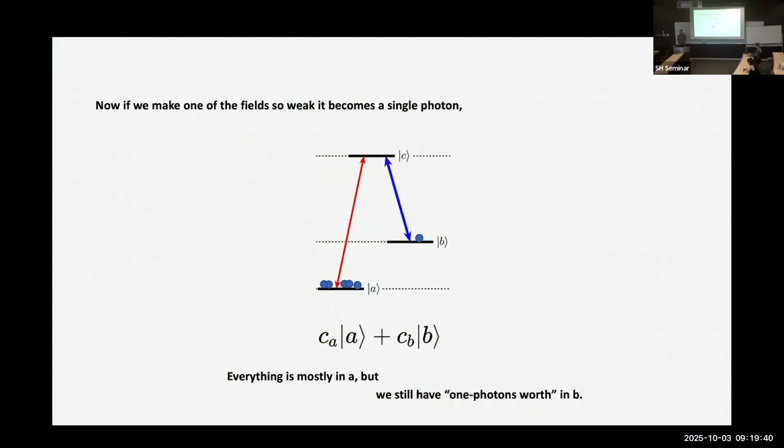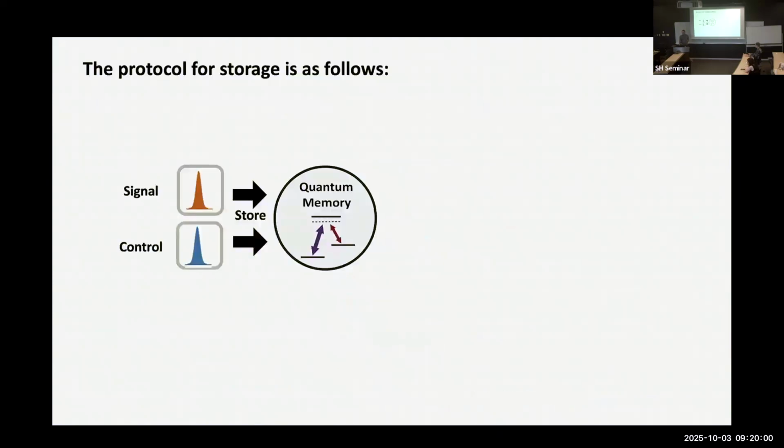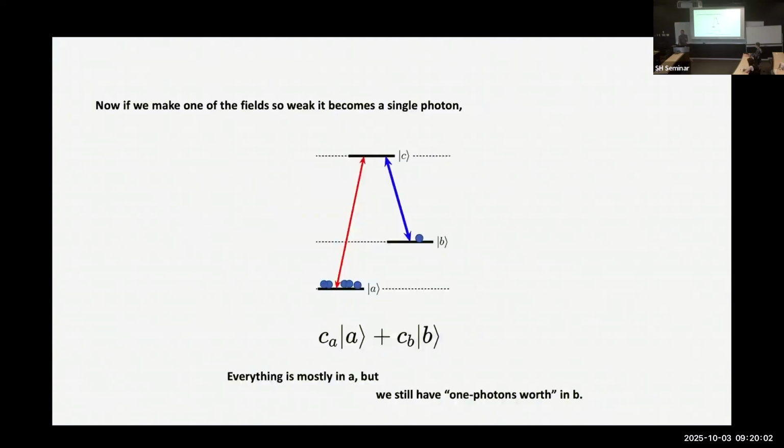Well, you still get a superposition state. It's just that the amount that you're in B, in this case, is basically 1 atom's or 1 photon's worth of pushing in that direction. So you have 1 photon's worth of excitation in the second ground state. The reason why that's helpful is that this is what we're going to use to do storage of light with